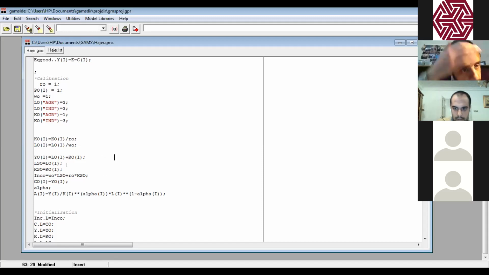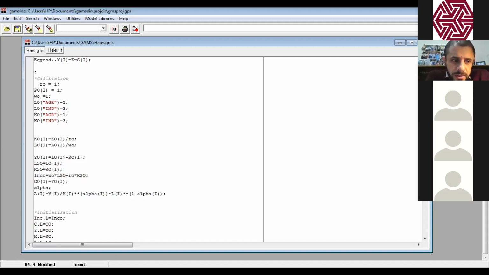In the LSO, we have to add the I. No. Why? What we need to do? Use the sum. Exactly. We have to add the sum. So we have to add the sum before LOI. Sum of I. So bracket.